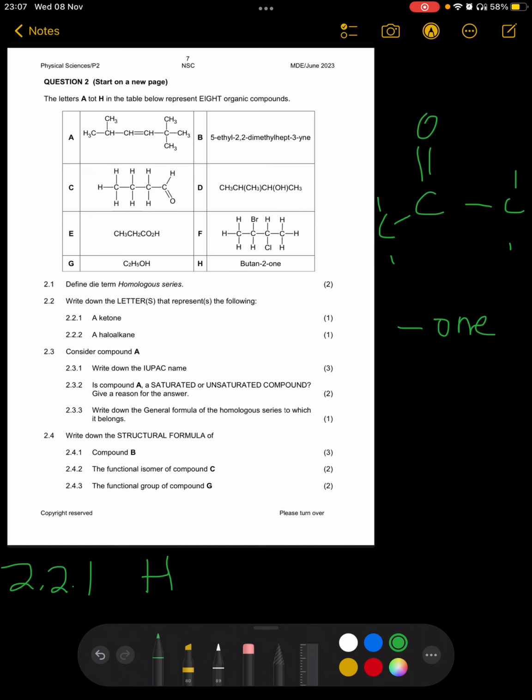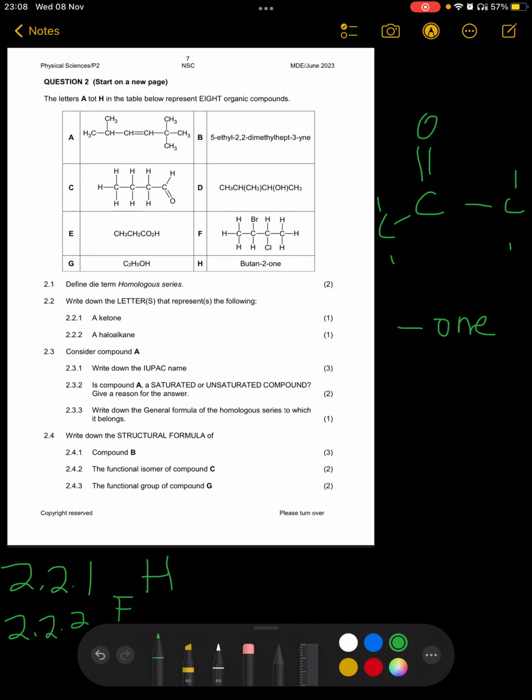And how do we see a haloalkane at 2.2.2? A haloalkane is an alkane that is attached with a halogen in its parent structure, with the halogen as a substituent. Then by just looking here, out of these 8 organic compounds, we can see that F is our haloalkane. Then we move up to